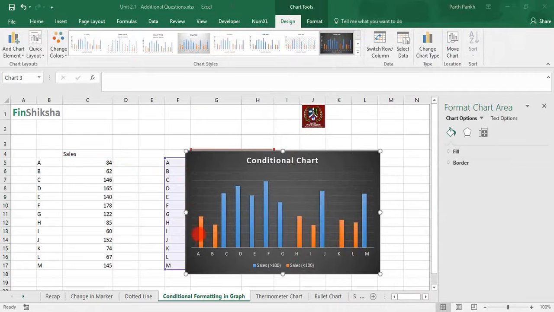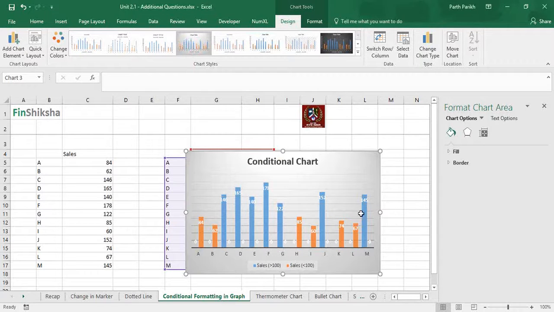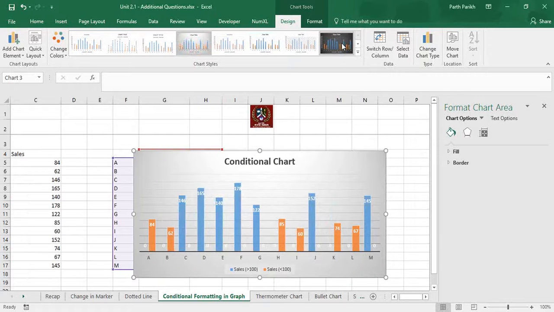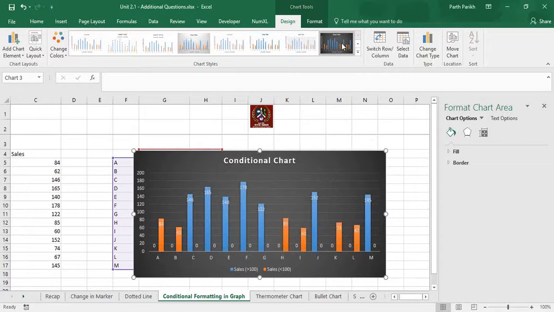By just looking at this, we can reach the conclusion that companies A, B, H, I, K, L had a sales of less than 100 crores. What value, we can always figure out, but this graph directly shows me that there's some issue with A, B, H, I, K, and L who have not met the guideline of meeting the sales target, and the rest of the companies have met. To what extent? Then we can have a different chart, the same chart with a different presentation, and we can have numbers around it as well.